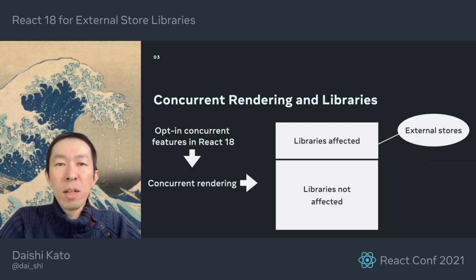What's new in React 18 is that you can opt into keeping the app responsive while rendering. This means that if you use concurrent features like startTransition, React can now render with pauses. This allows the browser to handle events in between instead of freezing the browser during rendering. This is called concurrent rendering. It's great, but it introduces a slight problem, which we will explain shortly.